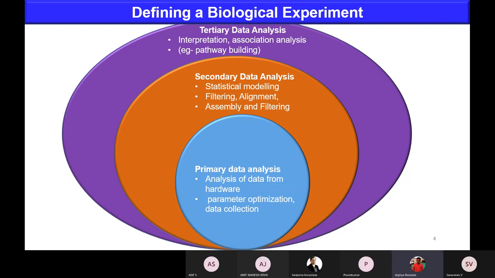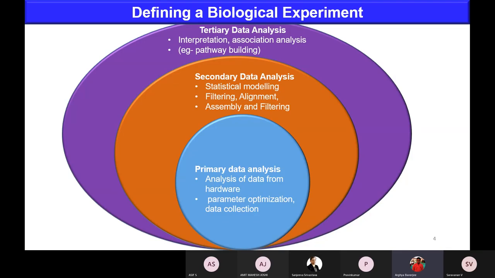If I get some significant proteins or significant features in a microarray after a t-test or filtering of the non-passable criteria, which pathway those proteins are related to comes under tertiary data analysis. You can do tertiary data analysis with the help of Reactome and commonly used software available online. You can just explore this domain. So this is called the tertiary data analysis.